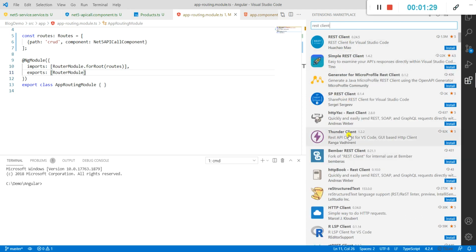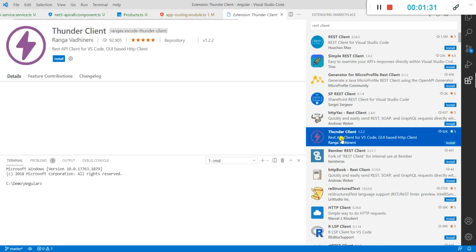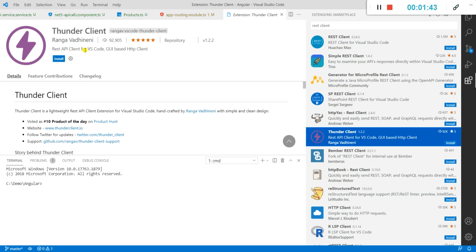See, REST client, Thunder client, REST API client for Visual Studio Code. So in these extensions you can do all the work that you do in the Postman tool to test your REST API. So let's try this.